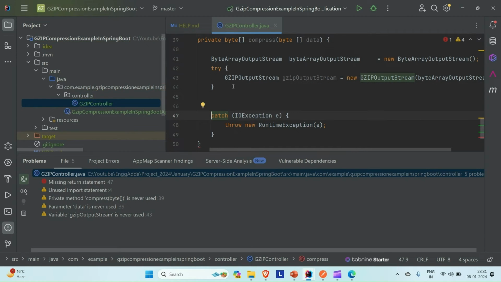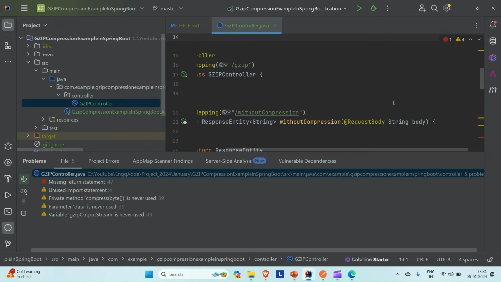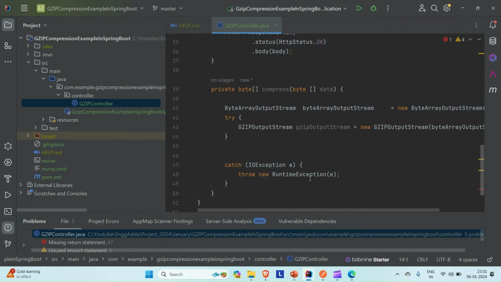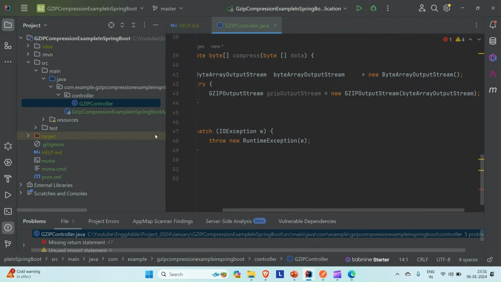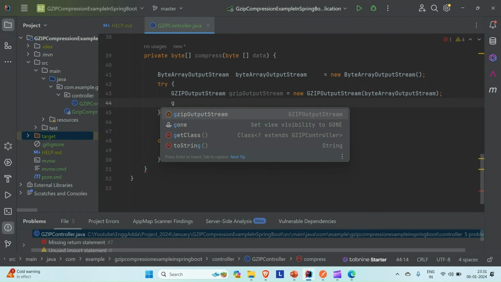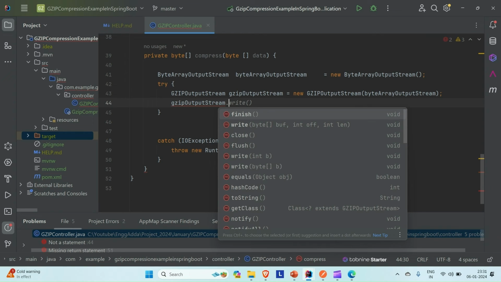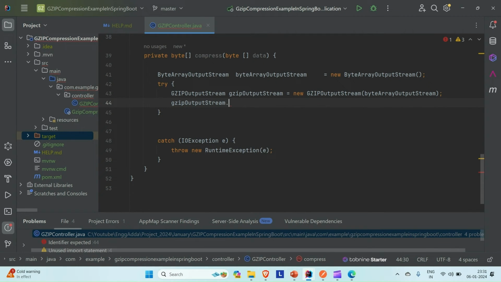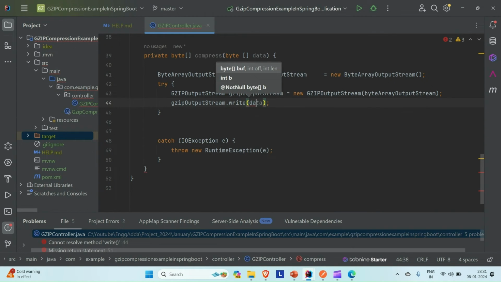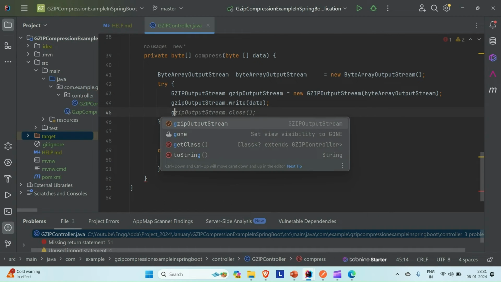Let me try to put this down. And now what we need to do, let me try to minimize this. So what we did, we have created the object of the byte array output stream, and we are passing that object to the Gzip output stream constructor here. And now we'll write the data that we are sending here as an argument into the Gzip output stream. There's a method called write, and you have to pass the data that we are passing in the argument of the compress method, and then we need to call finish,